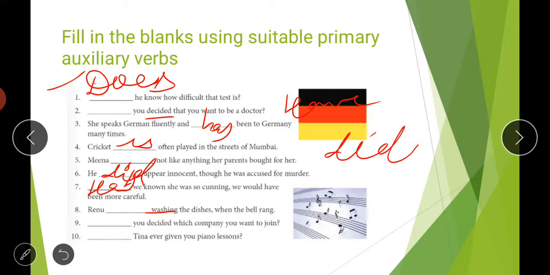Try to fill these blanks and then you will get the answer key. You can match your answers with the answer key. If any of your fill up is not clear, if any of the answer here is not clear, you will get the answer key. Don't panic about that. So you can repeat the video also, then it will become clear to you.